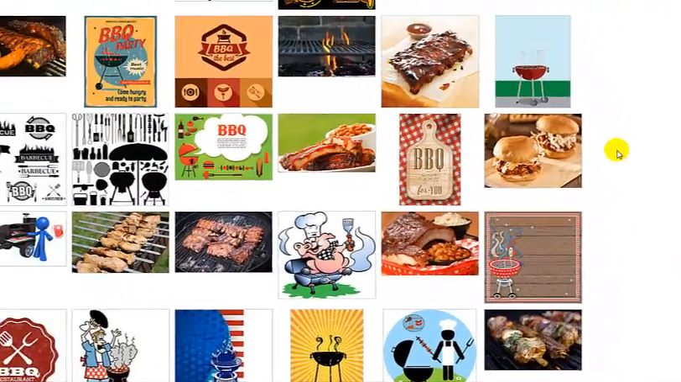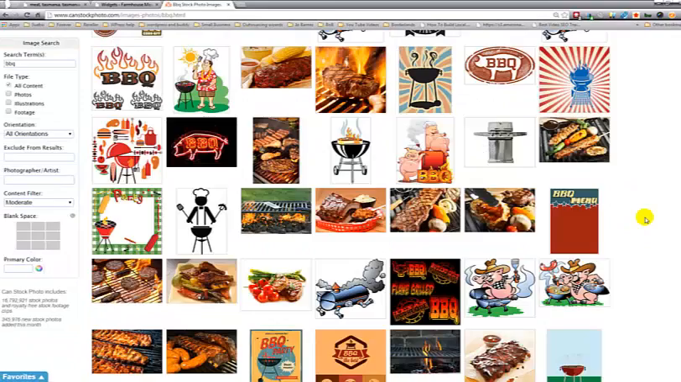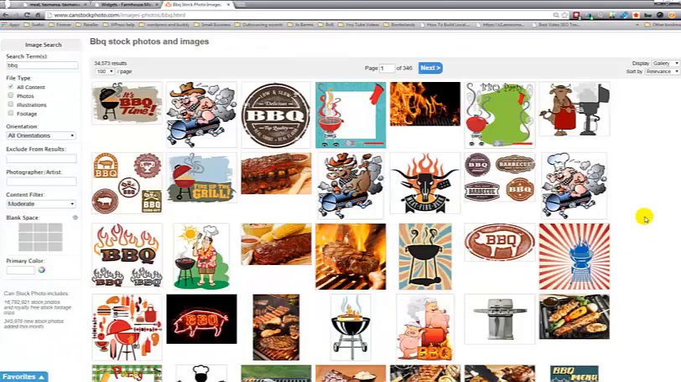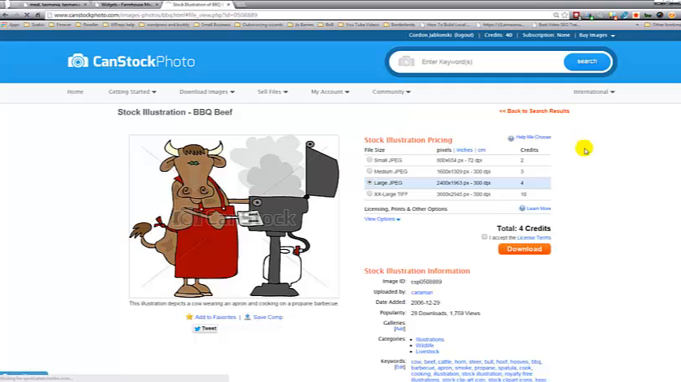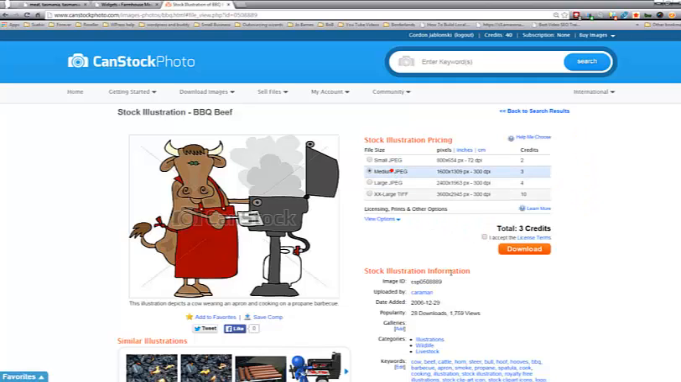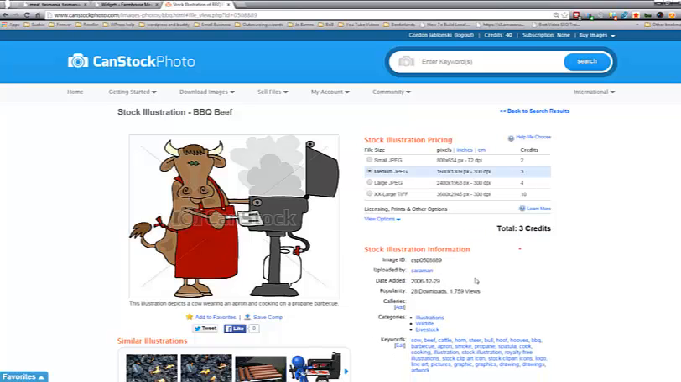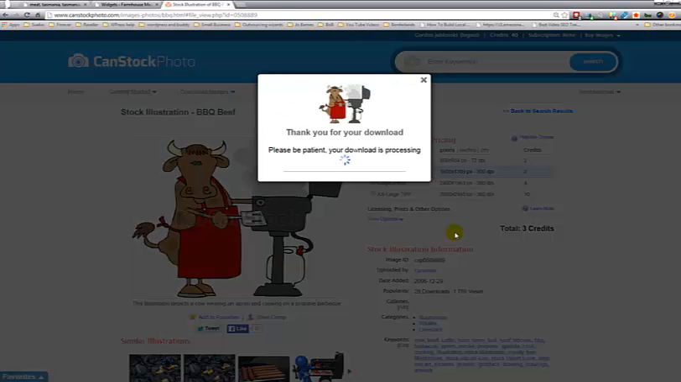But for the sake of this, I think what I'll do is I'll actually pinch one of those comedy ones. Let's go with the cow. I quite like the cow. So to buy the cow picture will cost me 3 credits. We'll buy that size, and I'll download that picture to my desktop,